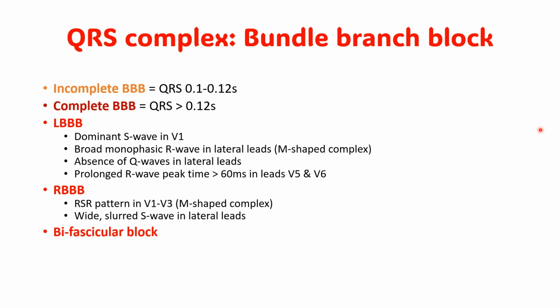Essentially, what the first R wave represents is septal depolarization. The S represents rapid depolarization of the left ventricle, and then the second R, or R prime, represents slow depolarization of the right ventricle, and that's where we have the location of the bundle branch block. It's in that right bundle branch. We also have wide slurred S waves in lateral leads, and this is due to delayed depolarization of the right